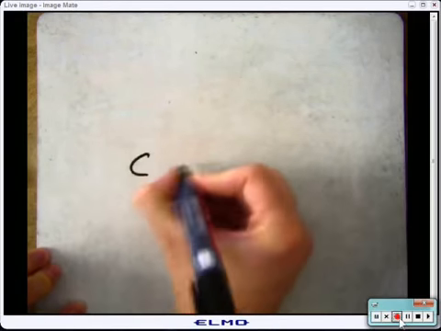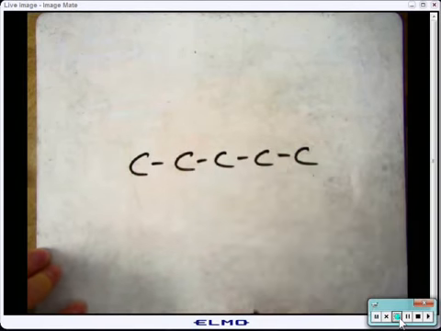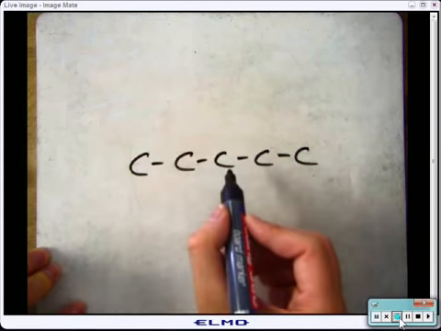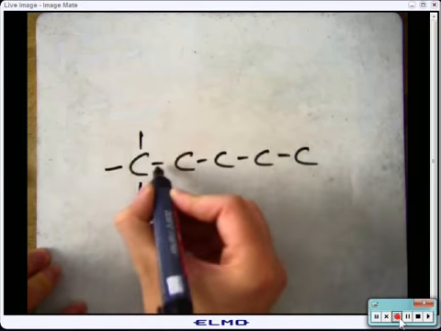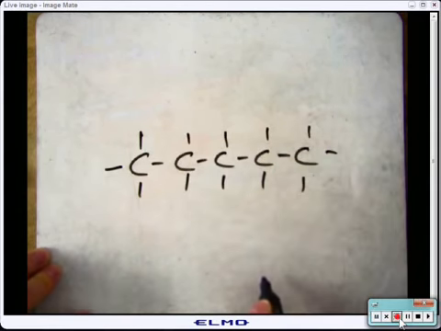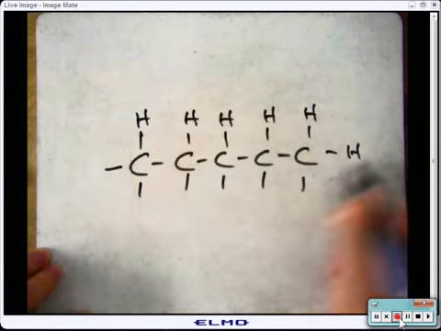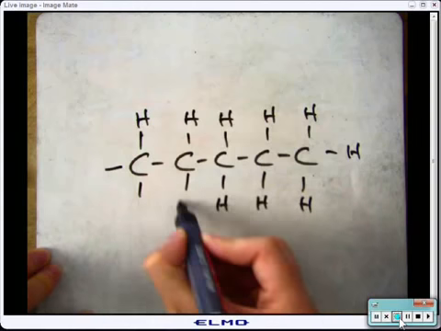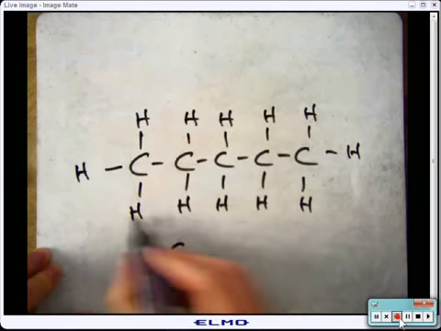If in the exam they ask you to draw a random one, so for example they gave you 5 carbons, this is how you do it. Start out by putting 5 carbons side by side. Link them up. Now it's an alkane, so it's only single bonds. You don't put any equal signs in there at all. Then make sure that every carbon has got 4 lines coming out of it. 1, 2, 3, 4. 1, 2, 3, 4. And so on. And because it's a hydrocarbon, fill it up with hydrogens. So that gives you C5H12,